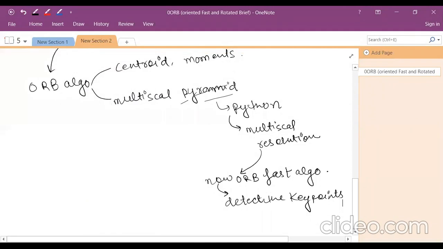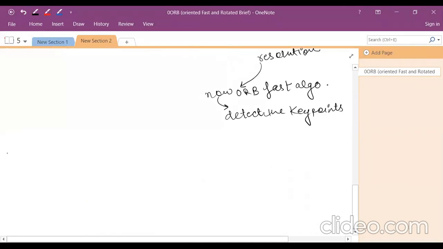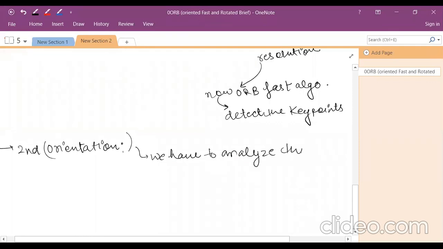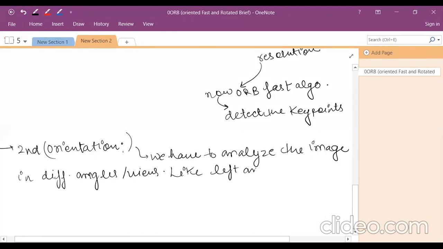Now the second one is called the orientation. For the orientation, we have to analyze the image in different angles and views, like left and right facing.